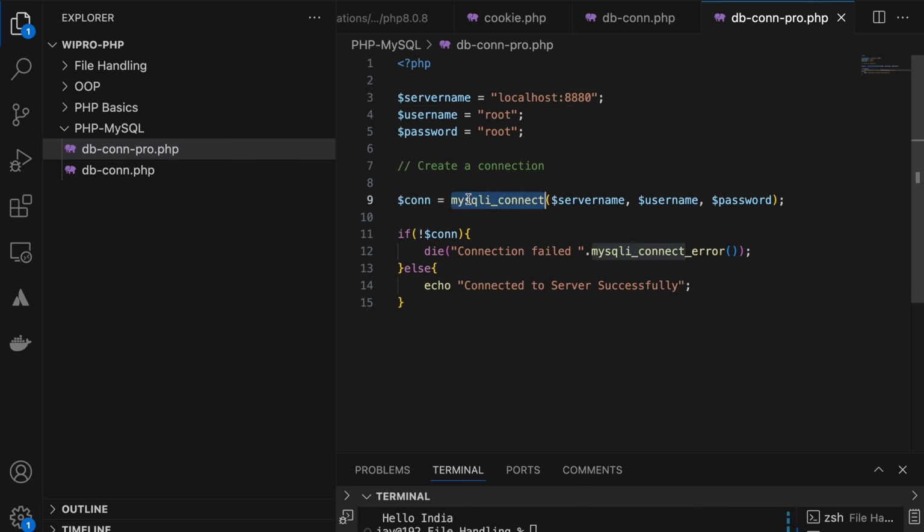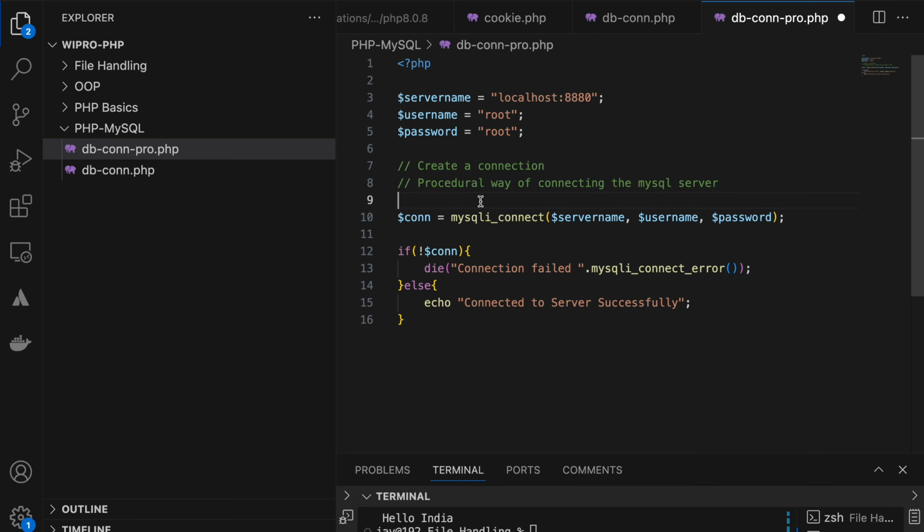So this is known as the procedural way of connecting to the MySQL server. Here I am not creating any object, right?